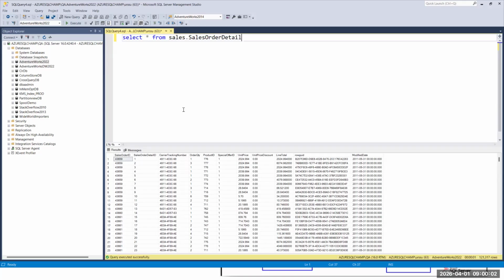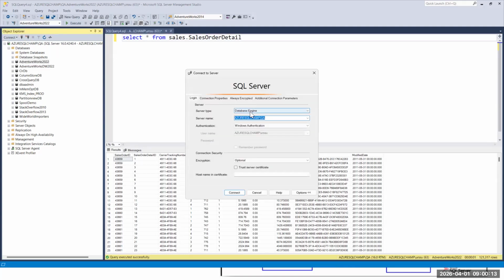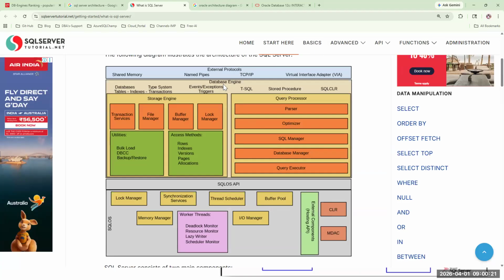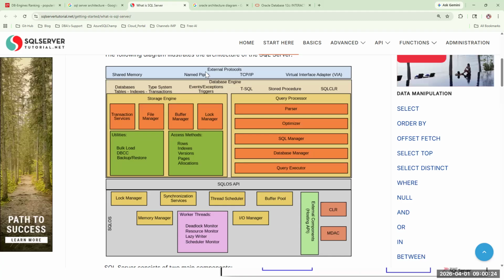To understand that, we must know about the SQL core architecture. That core architecture is nothing but our database engine architecture. In this image also they are clearly showing engine and protocol. So today our main focus will be the protocol along with the engine. First we'll discuss the protocol, then the engine. In advanced level, I will talk about the SQL OS architecture. As of now, we are not touching SQL OS architecture. We'll mainly concentrate on these two only.